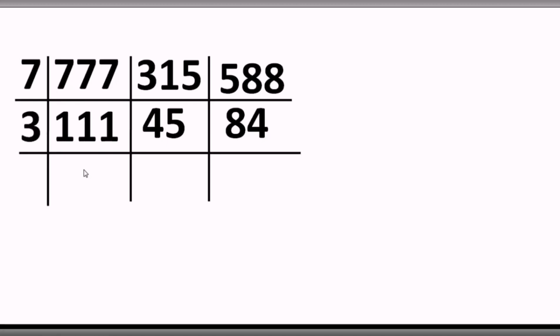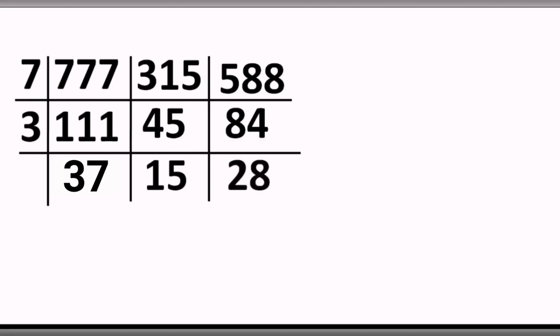Okay, so the moment you divide this 111 by 3, how much is the answer? First two numbers are 11, so we will use 3 3s are 9. Okay, and then the division result is 37. Okay, so 45, I know that 15 3s are 45. So that gives us quotient 15, and when 84 is divided by 3, we get the answer 28.